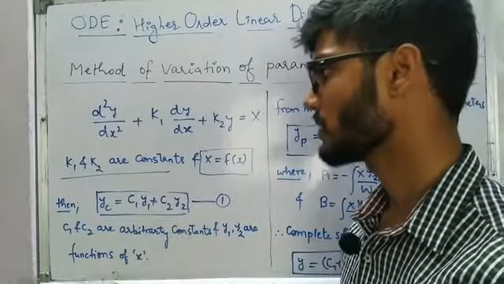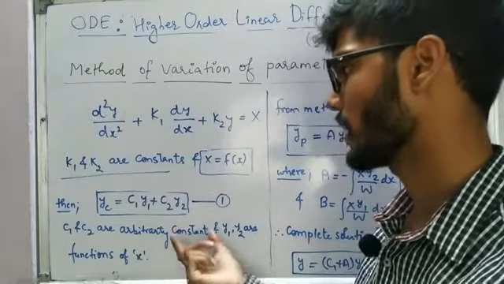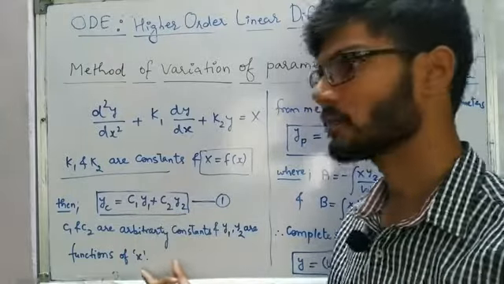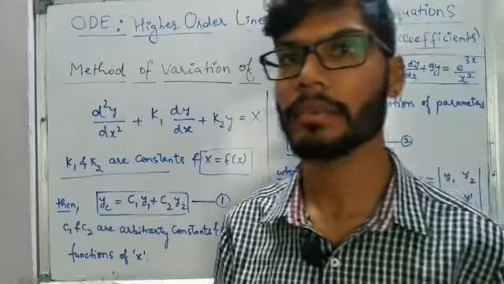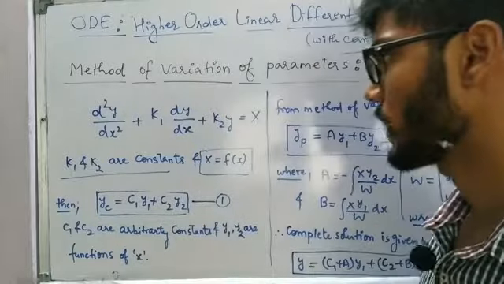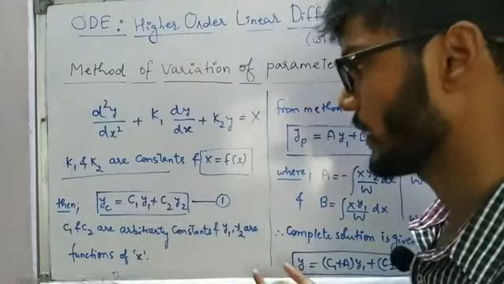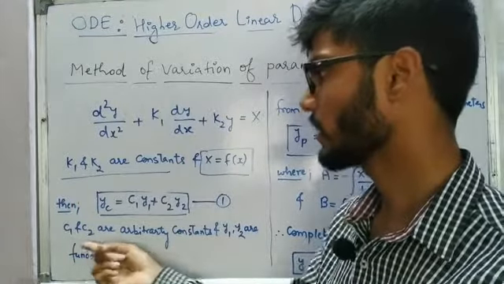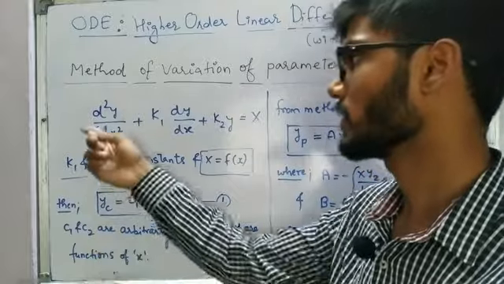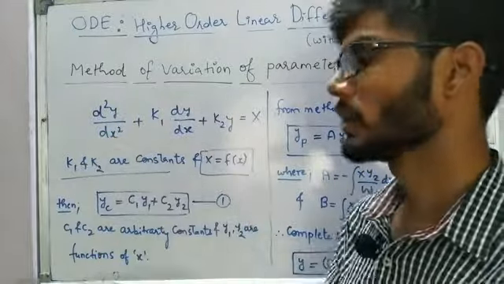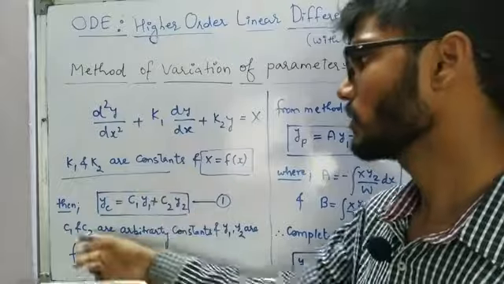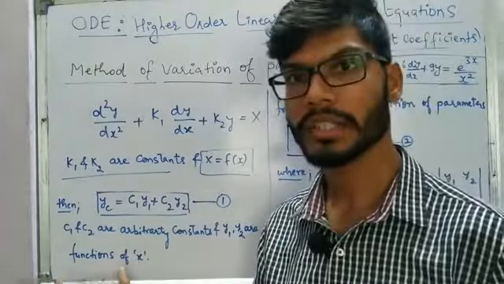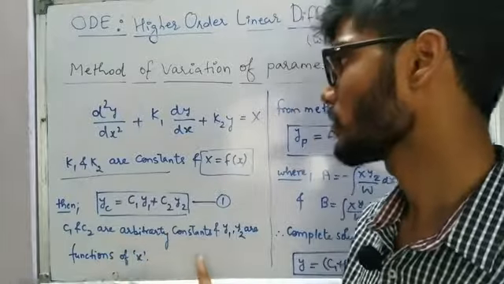So that will be yc is equal to c1 y1 plus c2 y2, and it is obvious that y1 and y2 are functions of x, because we are going to get terms like e power ax or e power alpha x cos beta x plus sin beta x, something like that. And c1 and c2 are arbitrary constants, and I made it very clear that the number of arbitrary constants is going to be the order of the differential equation. So it is of second order, so we are going to get two arbitrary constants c1 and c2. So this is nothing but the homogeneous linear differential equation general solution part.